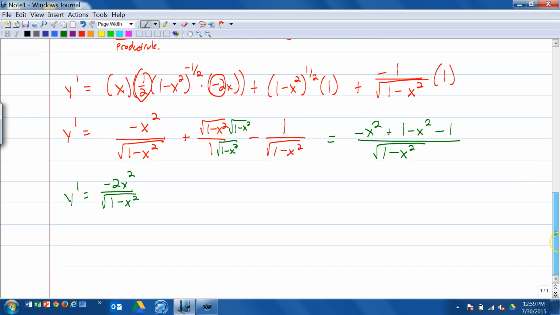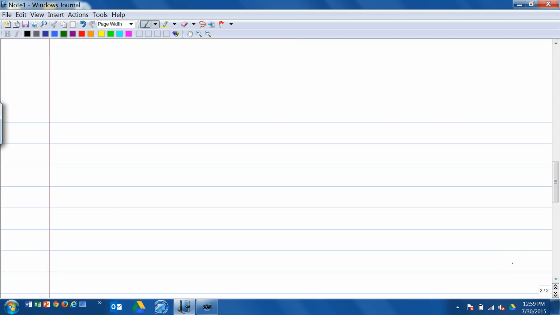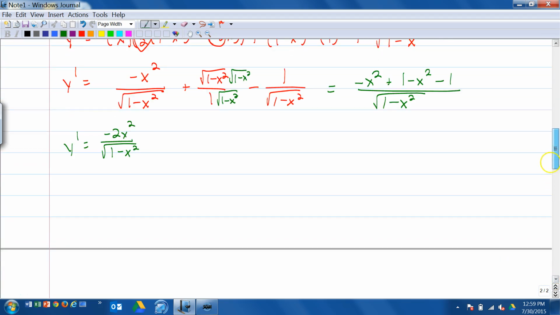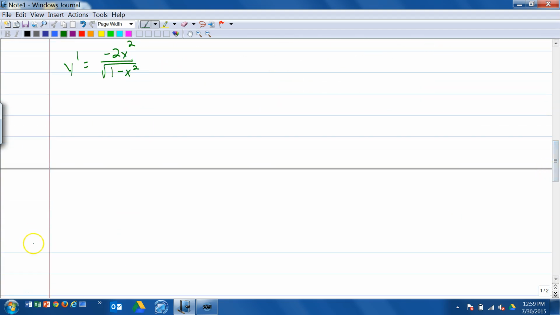Next, we're going to do another one. We'll do example 4, I believe we're on. Y is equal to cosecant inverse of x over 2. Okay. So again, it's the opposite if we take the derivative. So take derivative. We get y prime